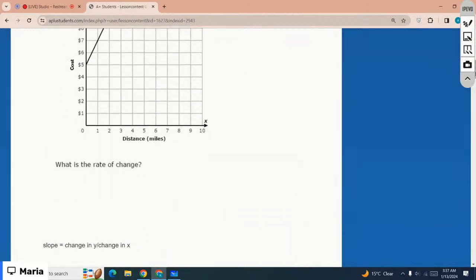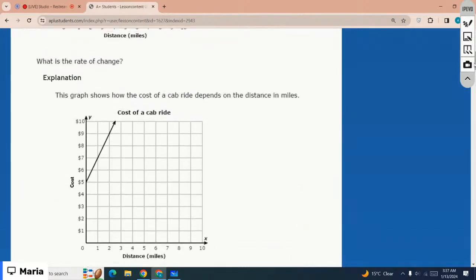Rate of change is the slope, right? That is change in y divided by change in x. You need to calculate the change in y values divided by change in x values. So you can select any 2 points on the graph and calculate the values from those 2 points, right? So let's just select the first point on the graph, that is